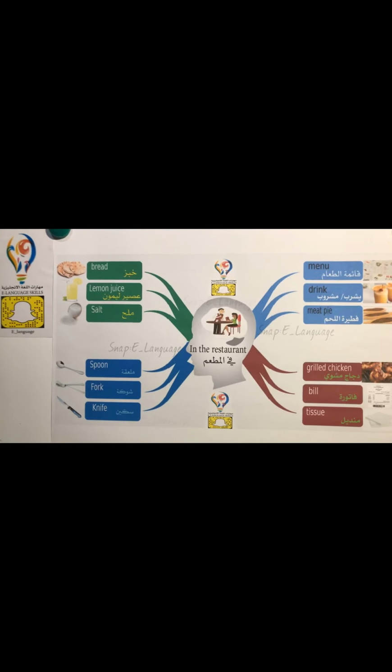Alright, so the first word here is bread. Bread. And from the picture we know that this is خبز, so bread. Next we have lemon juice. Lemon juice. We can replace lemon with orange, apple, strawberry, any kind of fruit, so lemon juice. Next we have salt. Salt. This is milk. Alright. Next we have here